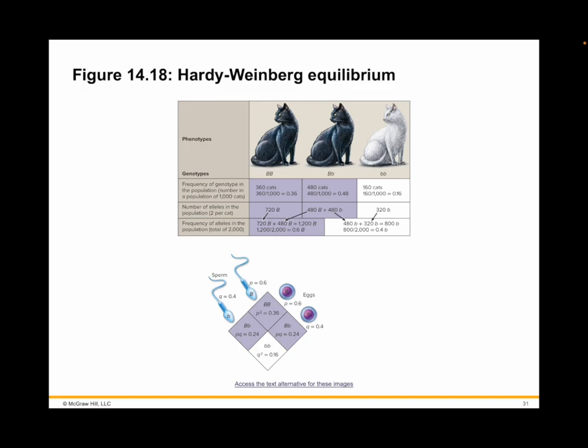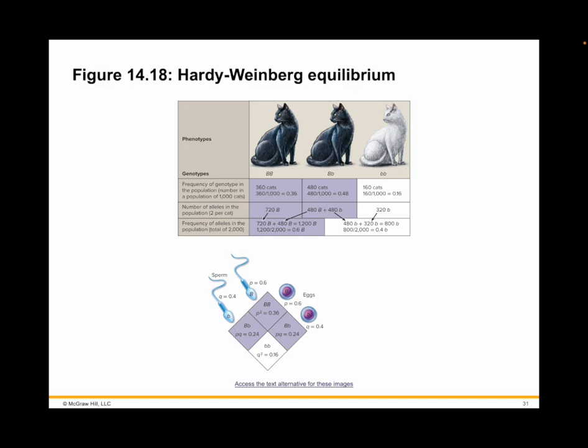So now, the frequency of white cats is 160 divided by 1,000, which is 0.16. So the first thing we would do if we were doing this problem is to divide 160 by 1,000. That is the first thing you do. And as your textbook presented to you here on page 263, what the text gave you was the combination of all cats which were black. We cannot work out the problem correctly by knowing that ratio